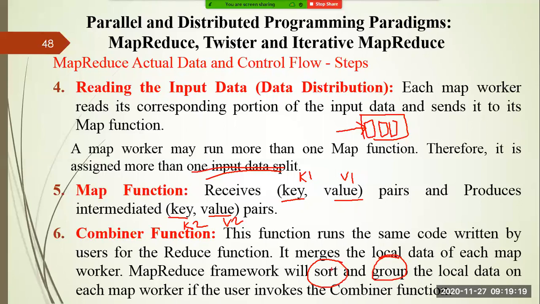Sorting will give you the arrangement of the data in a particular order. Grouping will create a list to collect the values of the same key. For example, you have seen silent and listen. Both are the same, right? If you arrange them in alphabetical order, they need to be grouped into the same group. Both listen and silent should be present in the same group. That is the grouping part, which is done by the combiner, right?